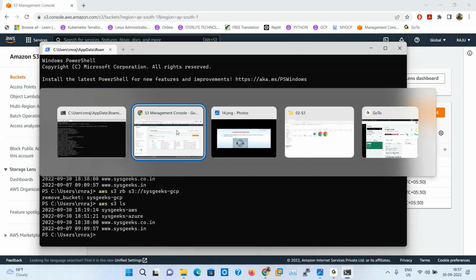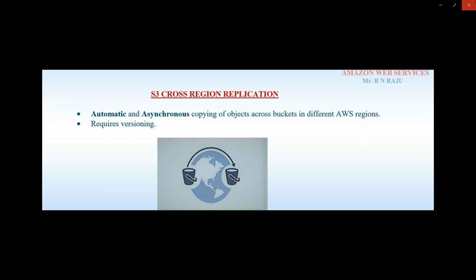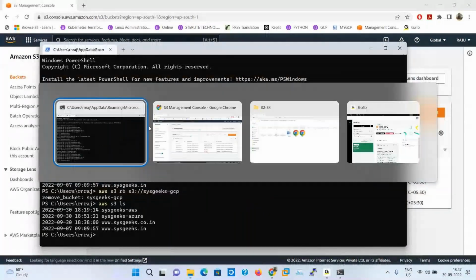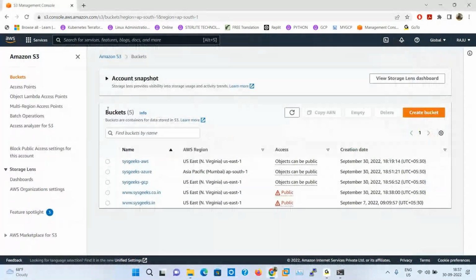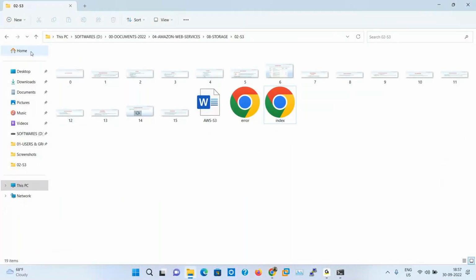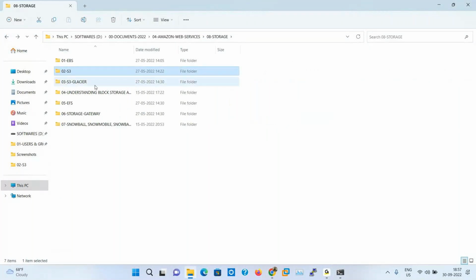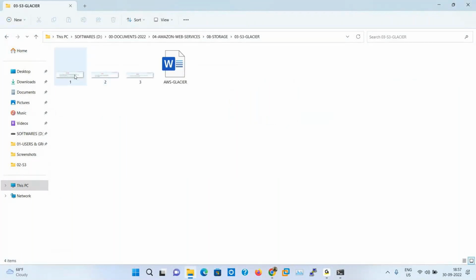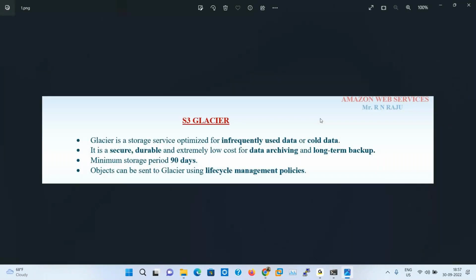Then the next important option. AWS S3 maintains a separate class for Glacier. This is also one storage class, but we have a service for S3 Glacier. What is S3 Glacier? Glacier is a storage service optimized for infrequently used data or cold data.